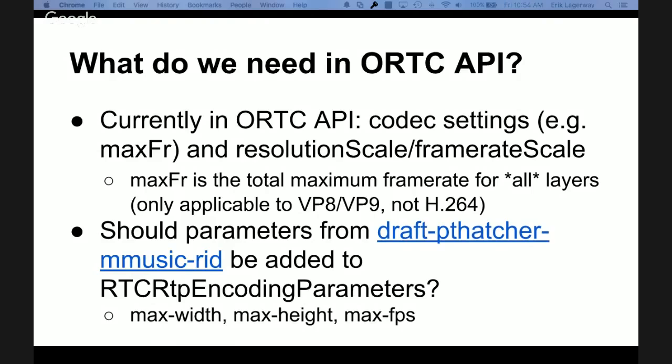So it doesn't really allow you to control what each individual max frame rate might be for each of the layers. And then in Peter's RID draft, there's a whole bunch of new stuff like max width, max height, and max FPS. And the question is whether those kind of things should go in the encoding parameters. The advantage of doing that is that it's not codec specific anymore. It applies to all the codecs and gives you some uniform way of dealing with that. And also, I think it handles this scenario a little bit better than what we have in ORTC. And I would add it stops eating payloads for breakfast every time we need to have a distinction between these different parameters, which is really nice because we only got a very limited subset of them.